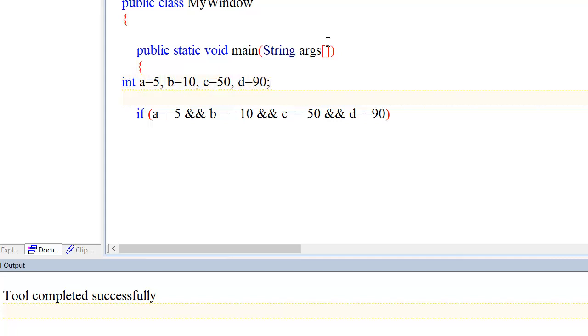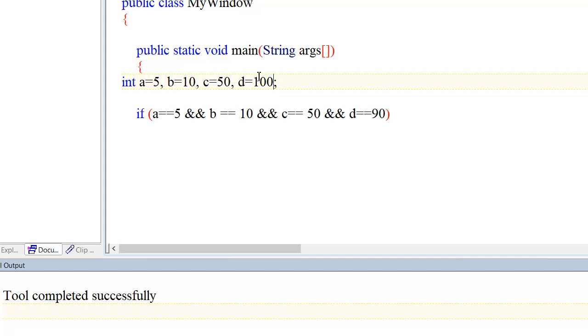So will this condition be true or false? True. Obviously it is true because it satisfies all the conditions. Let's say in the last condition, the last value I have written 100. Is it true?